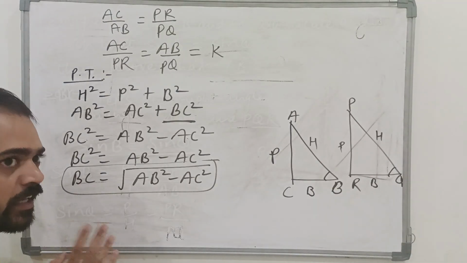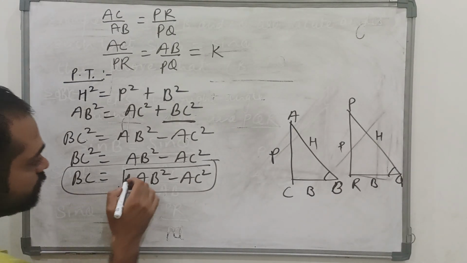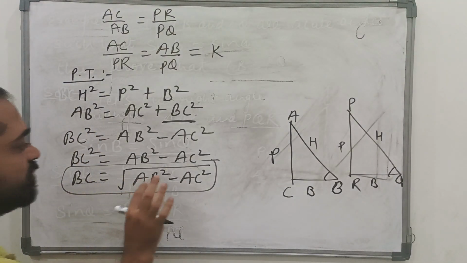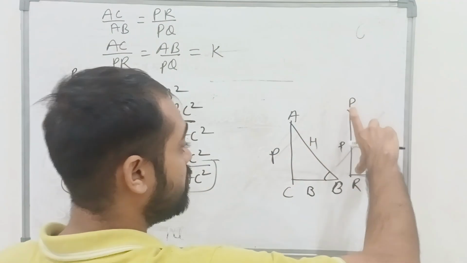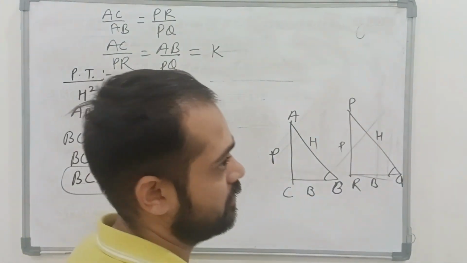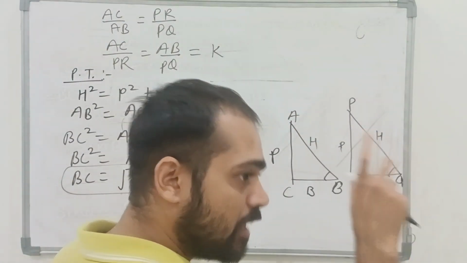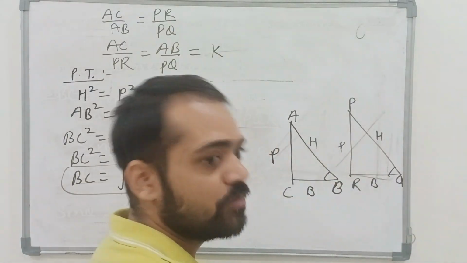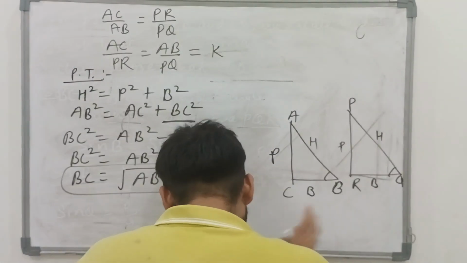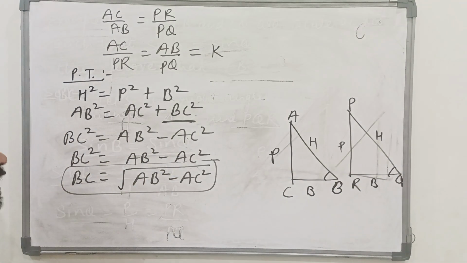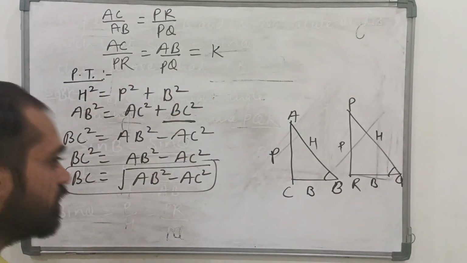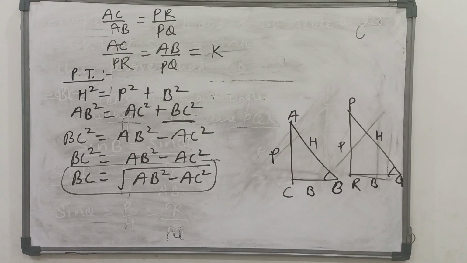ठीक है, समझ आ रहा है ना मैं क्या कह रहा हूं? मतलब क्या है कि BC इक्वल टू रूट AB स्क्वायर माइनस AC स्क्वायर आया है ना। मैं ये कहना चाह रहा हूं कि अगर AC बाय PR का रेशियो बराबर है तो AB बाय PQ का रेशियो भी बराबर है, तो BC बाय QR का रेशियो भी बराबर होना चाहिए। अगर ये हो गया तो दोनों राइट एंगल ट्रायंगल कॉन्करेंट हो जाएंगे। और ये कॉन्करेंट हो जाएंगे, इसलिए हम ये रेशियो निकाल रहे हैं। अब हम पहले BC निकाल लिया, QR निकाल लिया, इनका रेशियो ले लेंगे। इनका रेशियो अगर K आ गया तो समझ लेंगे तीनों का रेशियो K है, तो दोनों ट्रायंगल कॉन्करेंट ट्रायंगल हो गए।